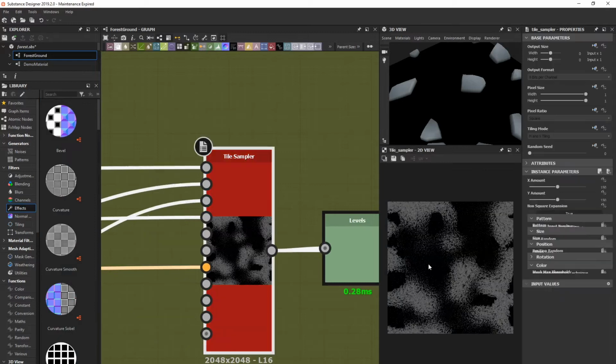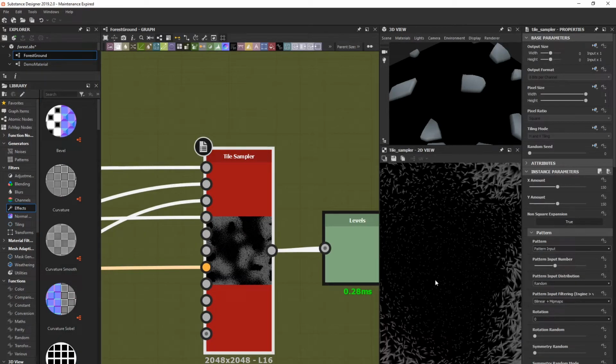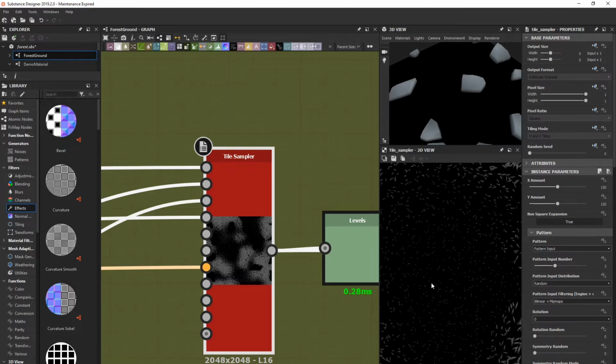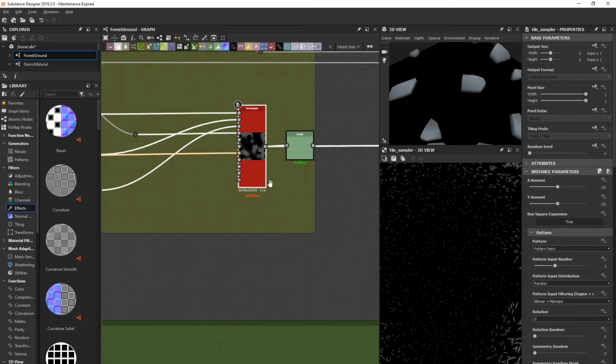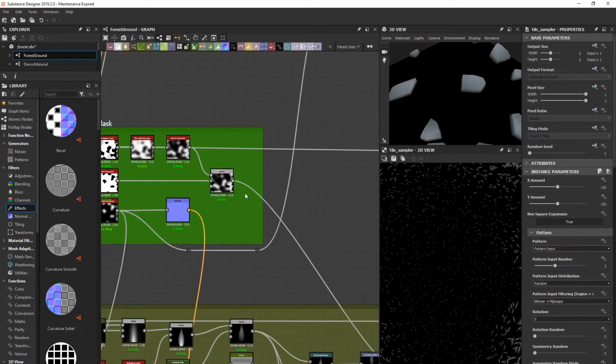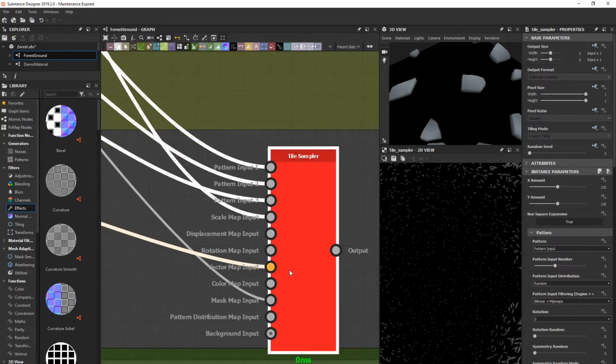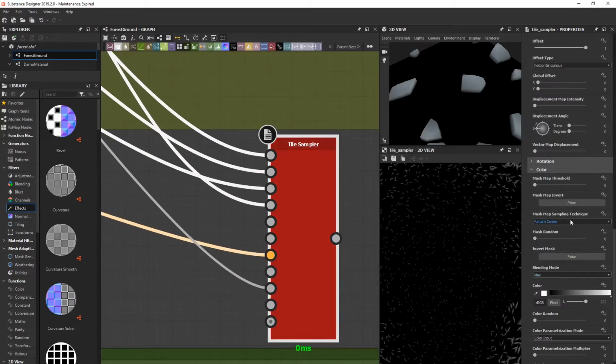Say if you don't want this little grass at all, because it does look a bit weird here, you can kill this completely by using the same mask that I used for the scale input. So just bring this to the mask map input and go to color and turn this to true,